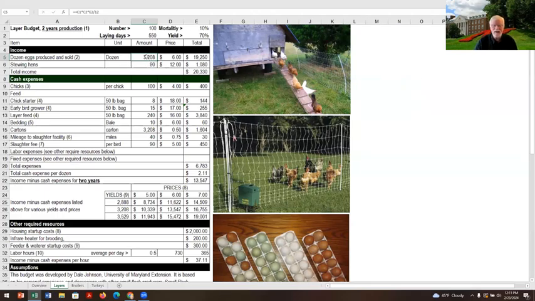Okay. And then the next key figure in the budget is the price. What price am I going to sell them at? Well, that's always a tough question. If I'm just starting up, you got to get the price right, because you want to charge the highest price you can that customers are willing to pay, because your customers don't like you raising prices. All right. And if you start at too high a price, you may not get the customers, and you've already done the damage. You can't lower your price because some customers won't even come back. They won't even come back to see that you've lowered price. So you got to try and get this price right.